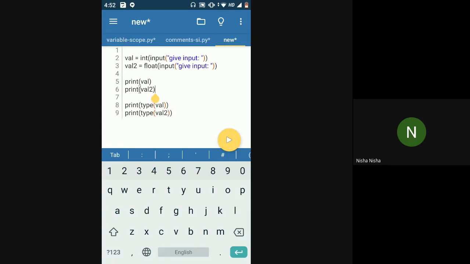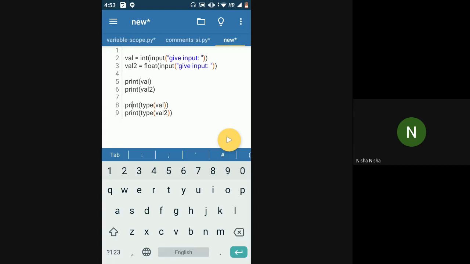Can anyone tell me what will be the output of line number 8 and line number 9? It will be the data type. Line number 8 is integer and line number 9 is float. Right, great.